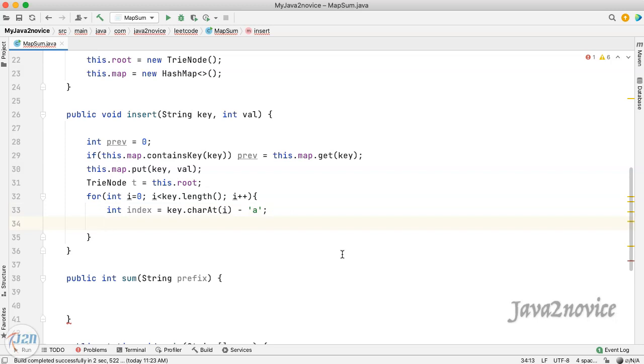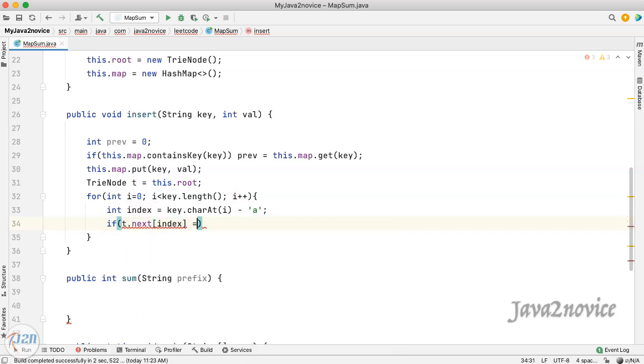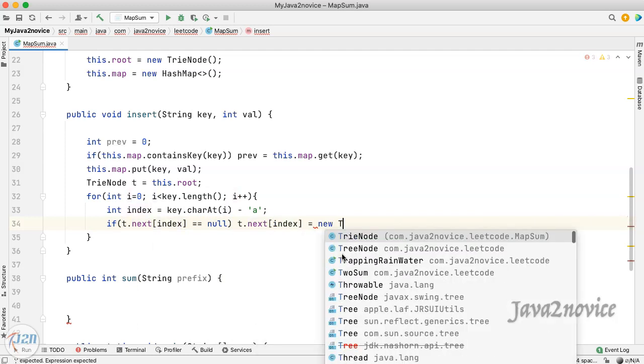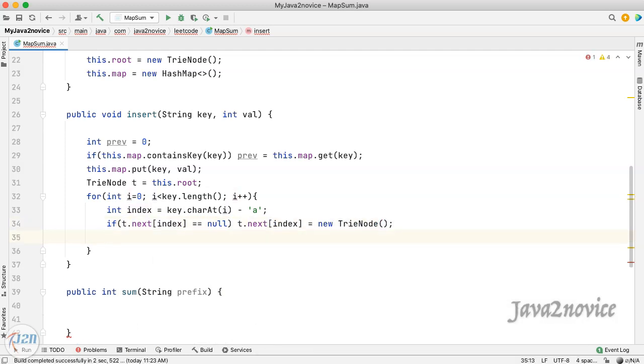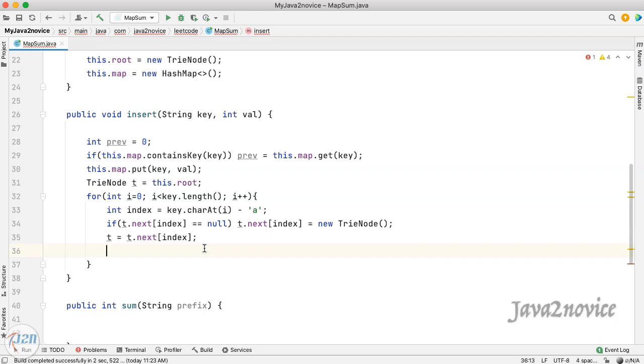If the child does not exist, then create a new Trie node. Now get the child node from the given index. Find the delta value as discussed and update the node value. We are done with the insert function.